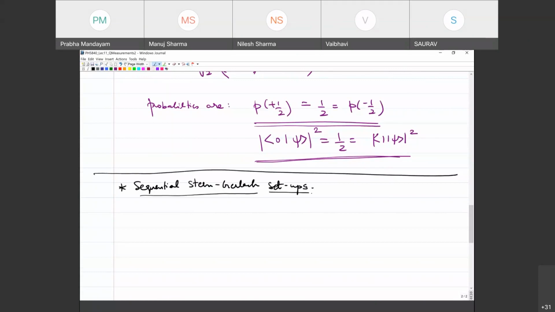This is now getting into the kind of questions that the founders of quantum mechanics had in the early days, right? So the answer will become clear when I discuss the sequential Stern-Gerlach setup. And what this will really show you is you can't associate such an intrinsic value independent of measurement. All that you can say is when you measure, the spin value is plus half. When you measure, the spin value is minus half, right? What was that intrinsic value of spin doesn't really have a meaning. Right? It's like saying,